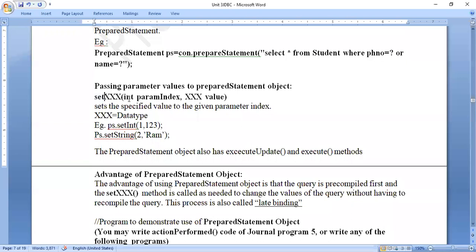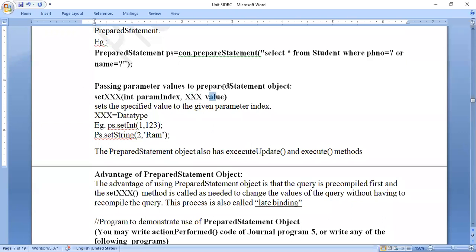And then the set method accepts two parameters. First is the parameter index, that means the number of the question mark. So in this case, this will be the first parameter and this will be the second. So for this, we call it 1, and here we call it 2. So we have to pass the question mark number, that is called the parameter index. And second, I have to pass the value of the appropriate data type.